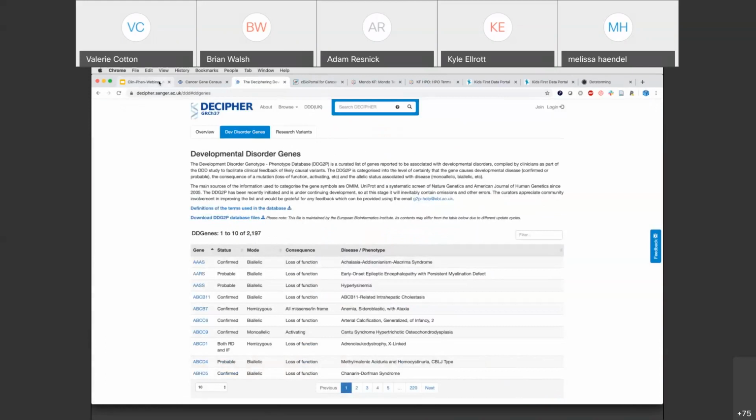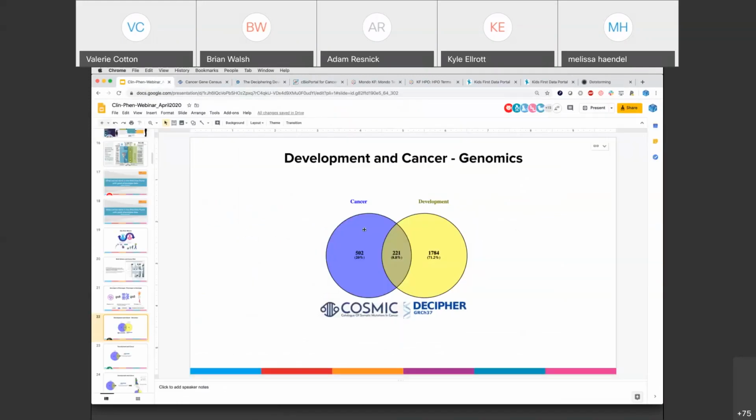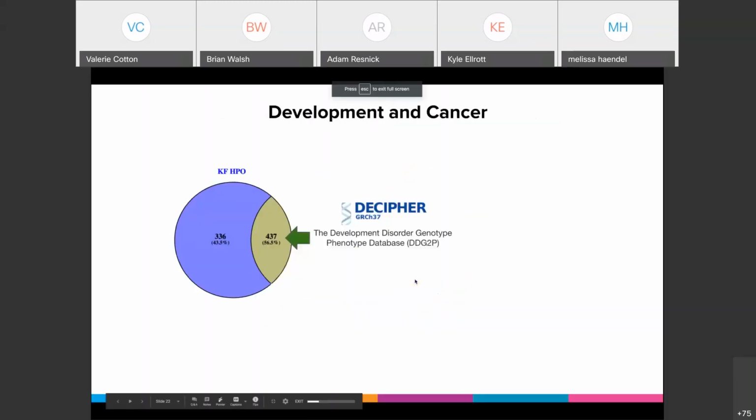But if you take those two lists and just do a Venn diagram, you'll see that a large portion of curated cancer genes overlap with the developmental disease context, in ways that we can just do a small experiment on. So if we take that overlapping context of genomics and then try to do something similar in the context of HPO, I extract all the current HPO terms from all of the Kids First data sets and look to see which of those HPO terms are currently overlapping with curated